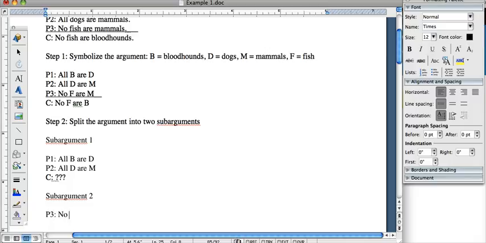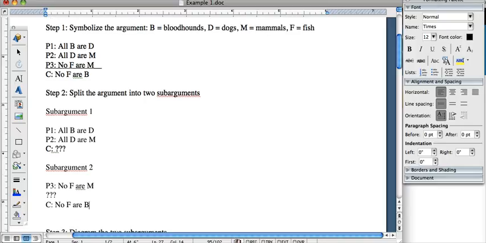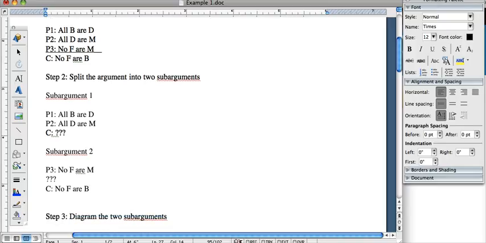Okay, and then this one is going to have no FRM. It's going to have that leftover premise we haven't used. And then the other premise will be whatever this conclusion turns out to be. And then the conclusion of this argument will be the conclusion of the argument as a whole. Alright, so in the next tutorial we will try and diagram first this subargument and find out what the conclusion is, and then diagram this